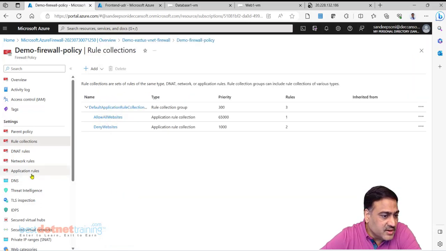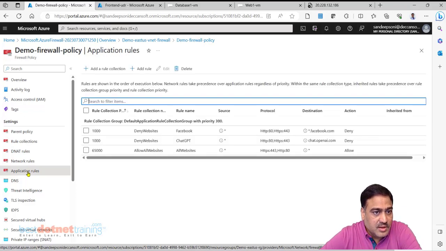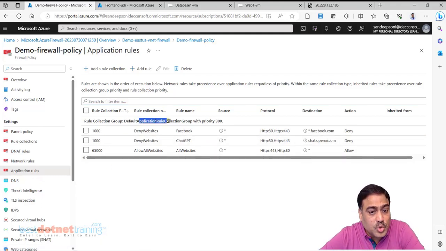So navigation is little tricky. Here you are only adding the application rule collection. You will not be able to edit. A collection of application rule collection is what is application rule group.